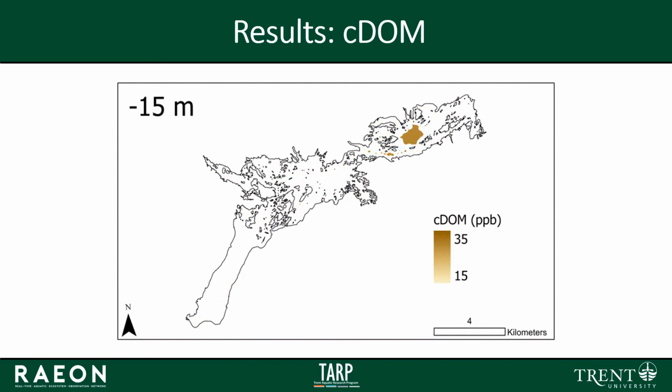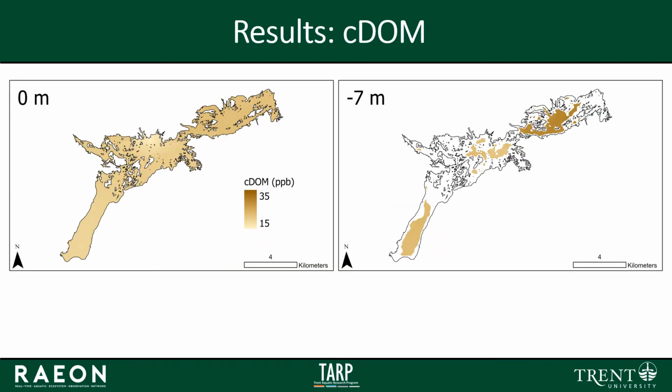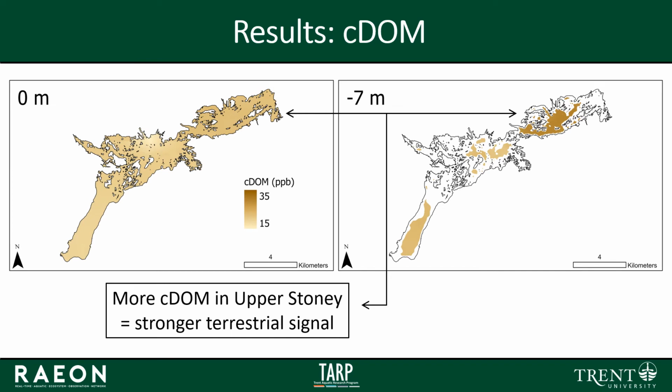Here are the results for colored dissolved organic matter. It's a little bit hard to see on this animation due to the wide range of values that we observe in Stoney Lake, but there are greater concentrations of dissolved organic matter in Upper Stoney compared to the rest of the lake. If we pause this animation at a couple of still images here, we can better see that there are indeed higher concentrations of CDOM in Upper Stoney, which seem to become more evident the deeper you get